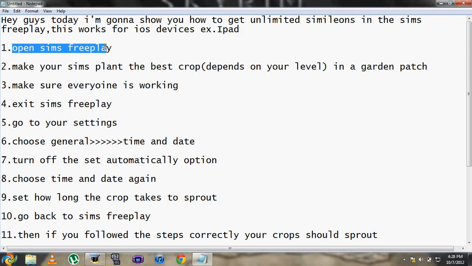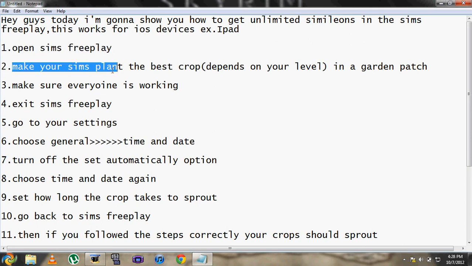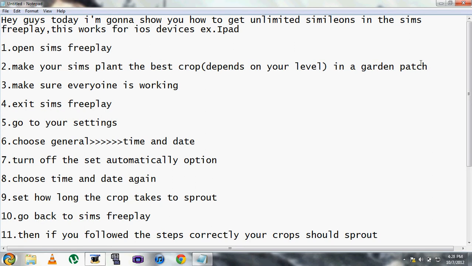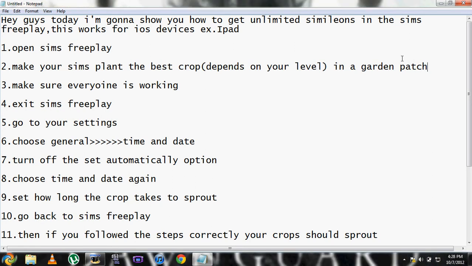Okay, so what you're gonna do is open Sims Free Play. And then you make your Sims plant the best crop. That depends on your level, but for me, I strongly recommend pumpkin.